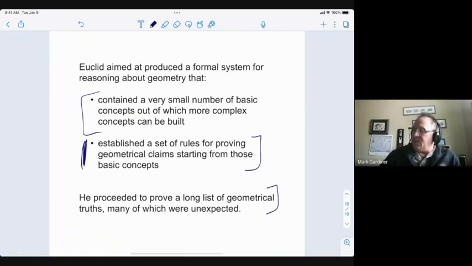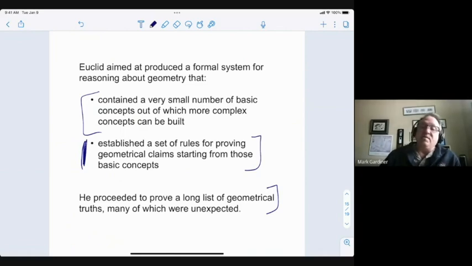And then the next thing he did, the bulk of his book, The Elements, and what subsequent geometers have done, is see what you can prove from the combination of those basic concepts and those rules. And he went on to prove a very long list of fundamental geometrical truths that we recognize today. And modern geometers are still finding new ones, quite surprising. We only looked at one example, the proof of the existence of an equilateral triangle and how to construct it using just the basic concepts and the rules. But there are a lot more besides.